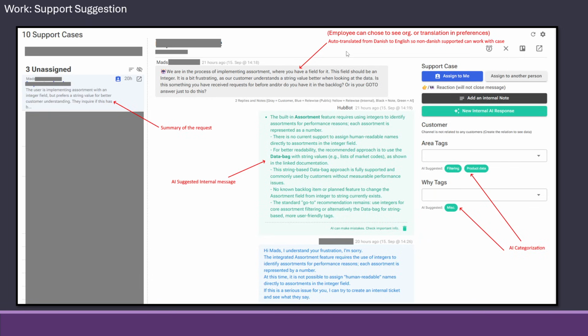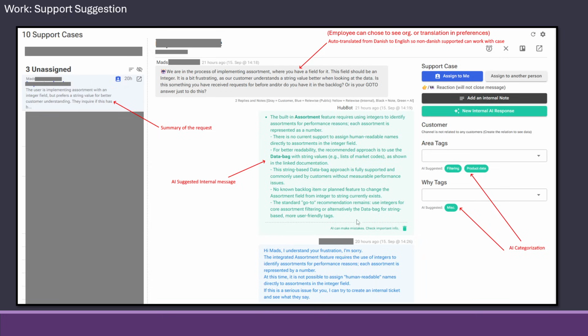The people who are not native speakers of other languages will get the auto-translated version, and we will see a small robot here indicating that this was an auto-translation. So you can switch between the original and the auto-translated.